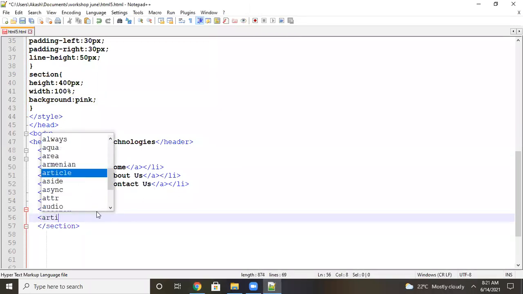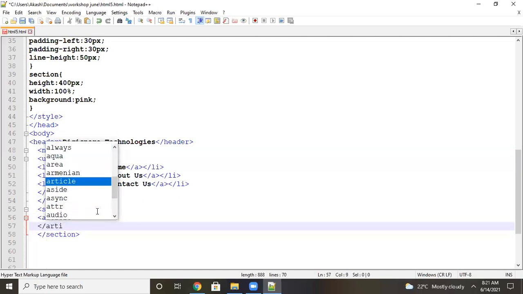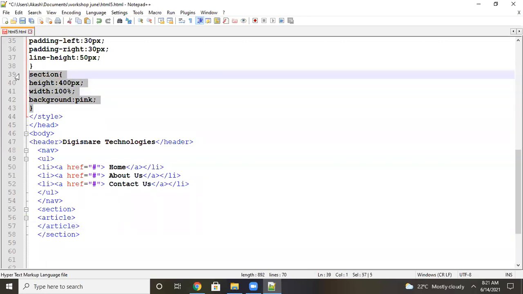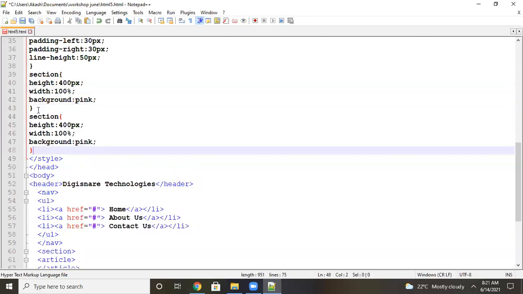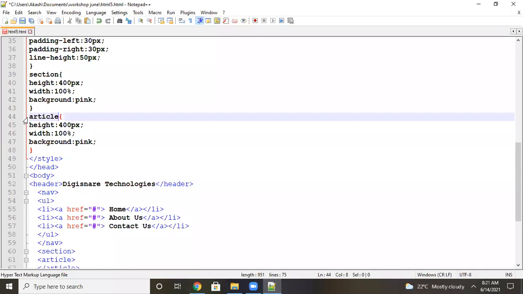Let's say I will take an article tag. These all are the semantic tags used for making the alignment, and all these were introduced in HTML5.